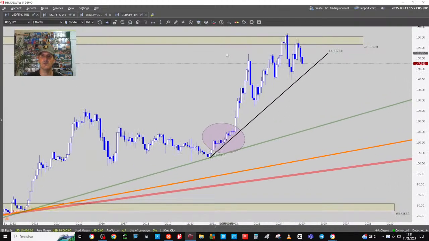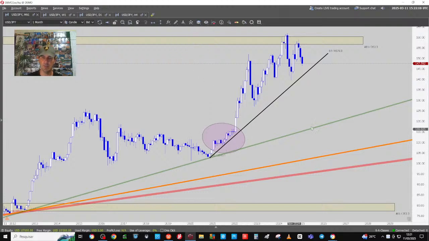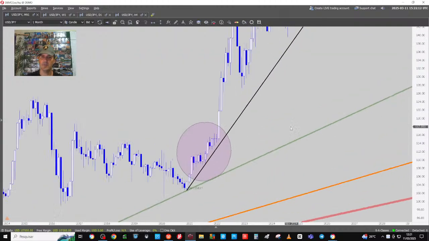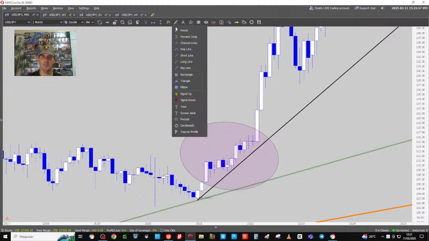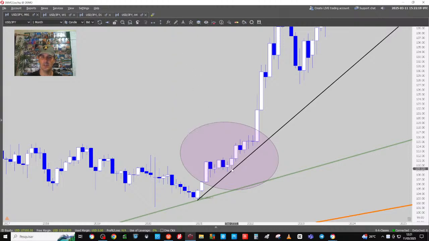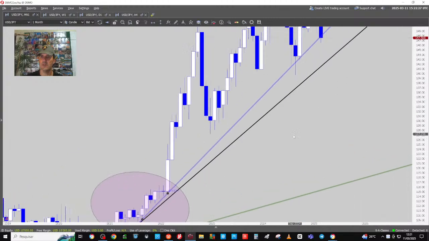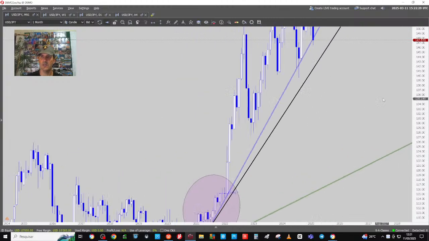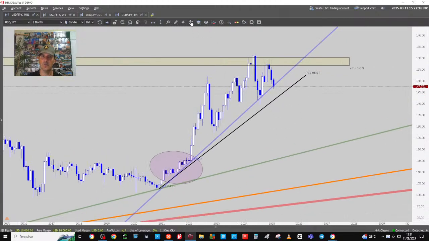So this would be the aggressive one, and one more aggressive one, which is difficult. It's a difficult chart, so I'm going to use the long line. I'm going to connect this one with this one and try not to break any tails. I'm going to make it blue. Okay, and now I'm going to zoom out, and it's not over yet, so I can add one more, right? The super aggressive one from this low up to this low,